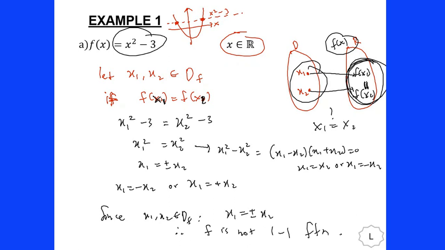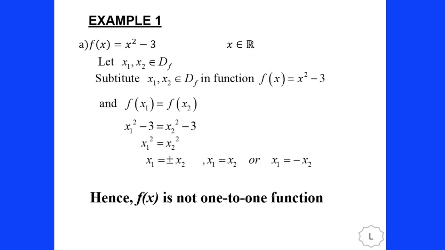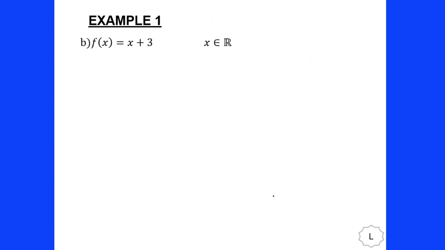Because it has two. Okay, there is one here, there is one here. It is not like this only. Because maybe x2, x1 can be its negative or its positive. It is not a one-to-one function. Then, example